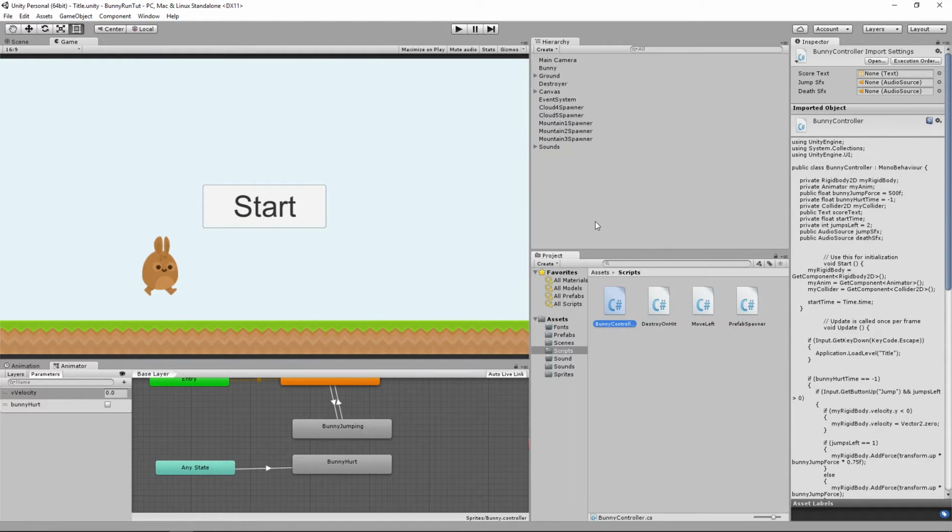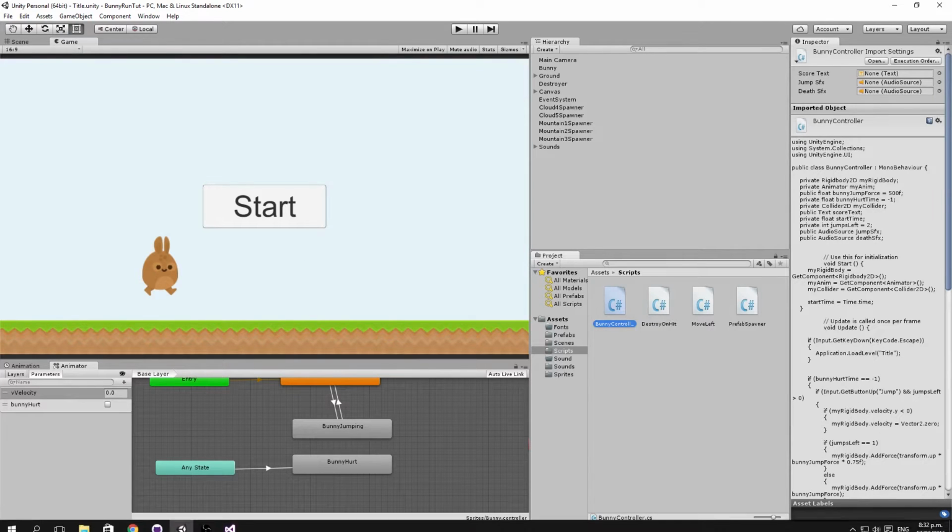Welcome back. In this video we're going to be completing our title screen, and the first thing we're going to do is change our font from this rather boring Arial looking font here to something more interesting. Now Unity can import any TrueType font and use that in your project. So what we're going to do is grab a font